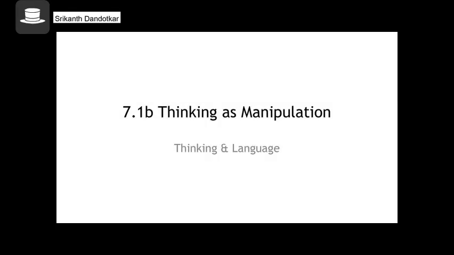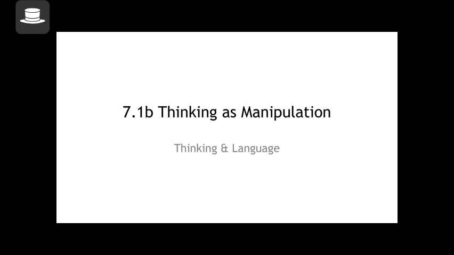Welcome back. In this video, we're going to talk about thinking as manipulation. In the previous video, we defined thinking as a process, as a mental process of manipulating representations. And we also said that there are two different forms of representation. Images, which is a pictorial form of representing information, and words or concepts, which is a non-pictorial form of representing